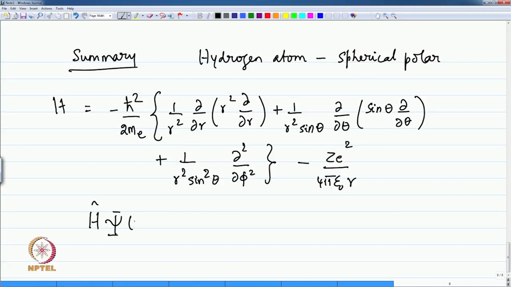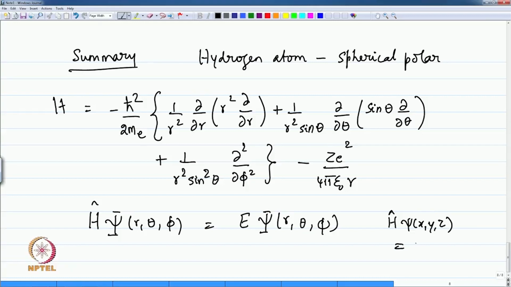and the equation that you are looking for solving is Hψ(r, θ, φ) equals Eψ(r, θ, φ), instead of Hψ(x, y, z) equals Eψ(x, y, z). Okay. The wave functions are different in the different coordinate systems, but please remember the energy, which is independent of the coordinate representation, will not be different between different coordinate systems. How you represent your coordinates should not lead to any changes in the eigenvalue for the hydrogen electron,